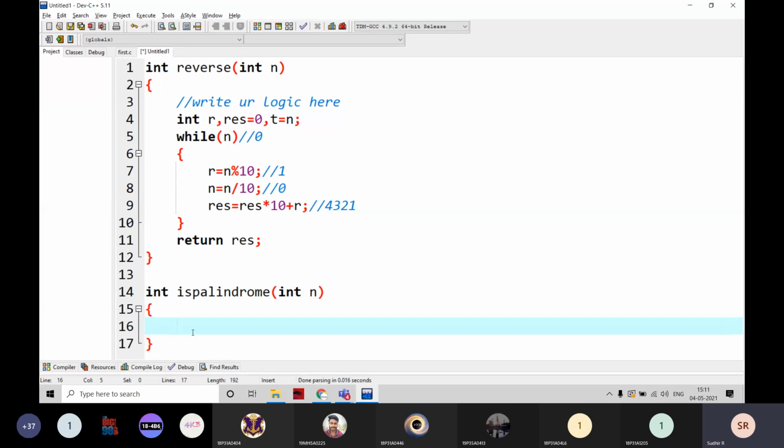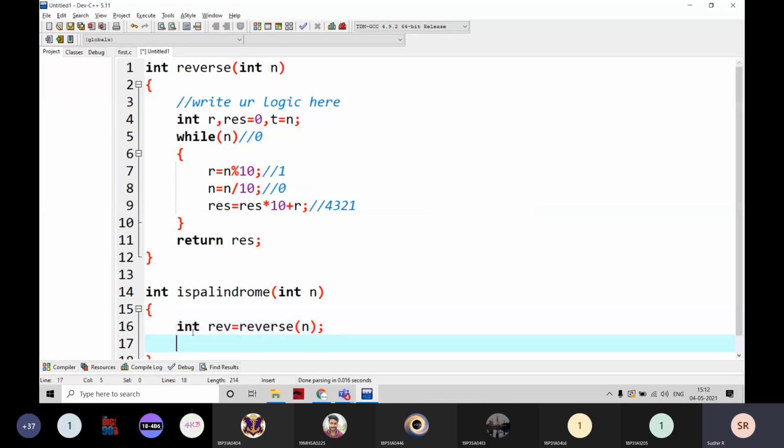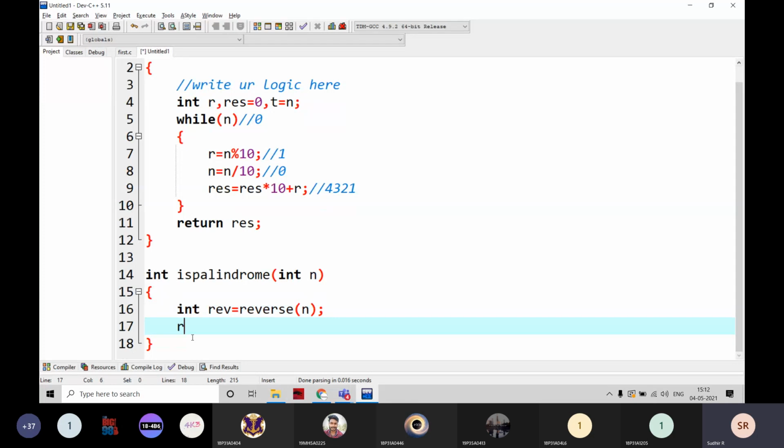Now I'm going to check int rev is equal to palindrome of n, reverse of n. Just reverse n, and then return rev is equal to n.